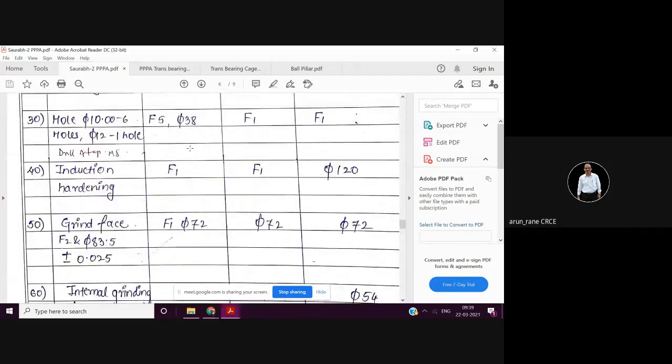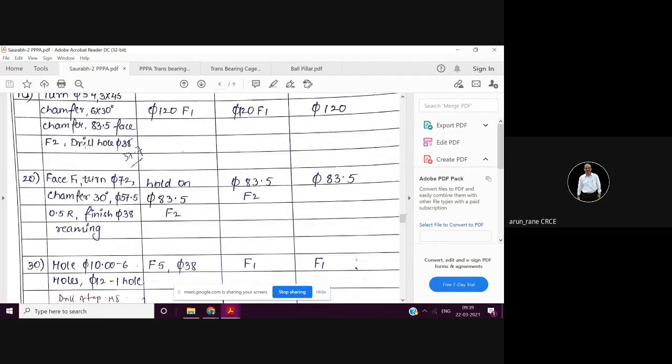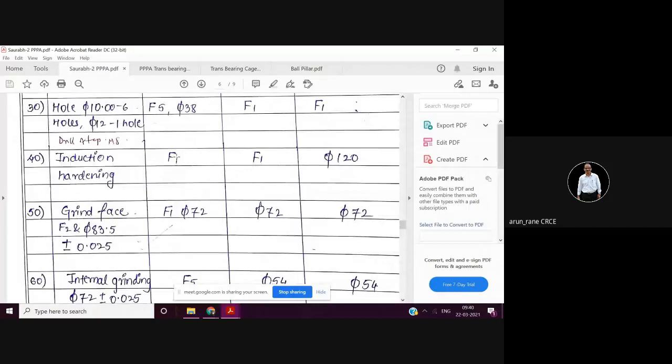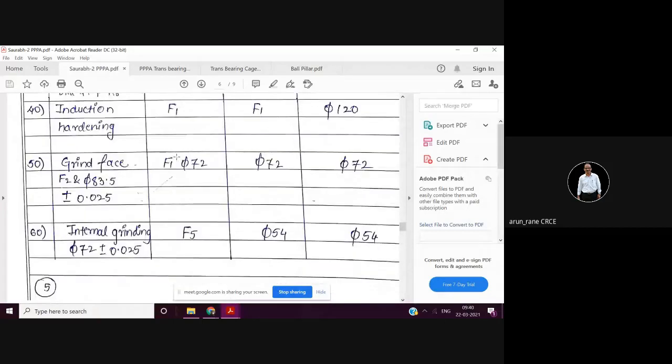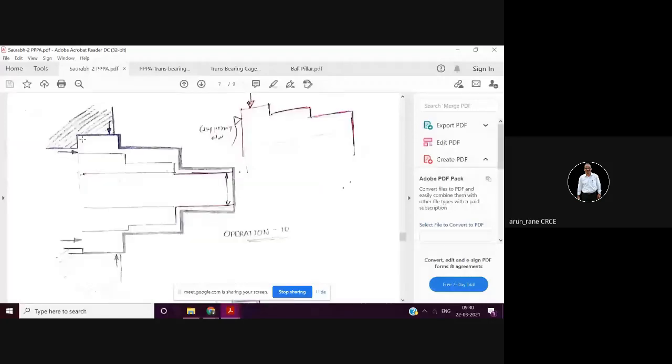Suppose if you are writing these two operations only, 10 and 20, there will be 6 pictures. So drawing the pictures is always laborious. That's why I allow that you can write it. But in the process picture, you have to draw this drawing and you have to show. Now you see here it is clearly